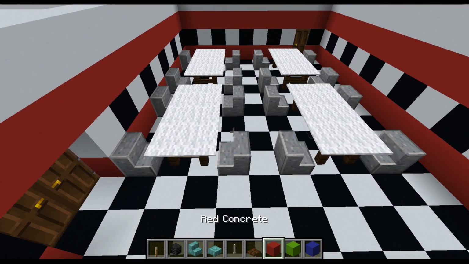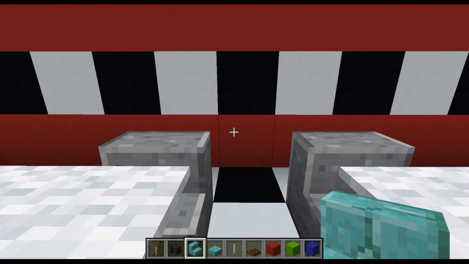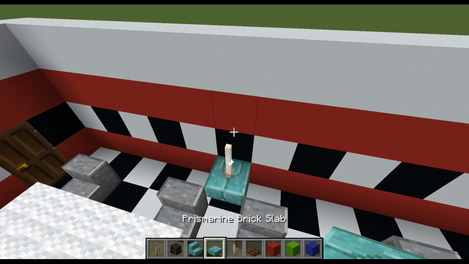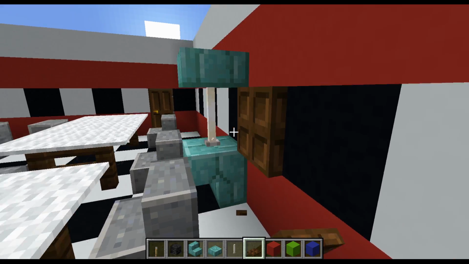So now we've got all the tables in, we're going to pop in our first 3D printer. This one's going to be made of prismarine brick. We're going to have an upside down stair in between these 2 tables. Baby's first 3D printer: an end rod, prismarine brick slab there, a dark oak trapdoor, and then besides the...